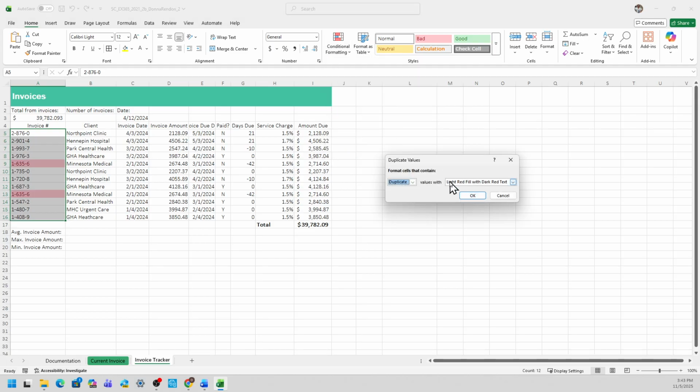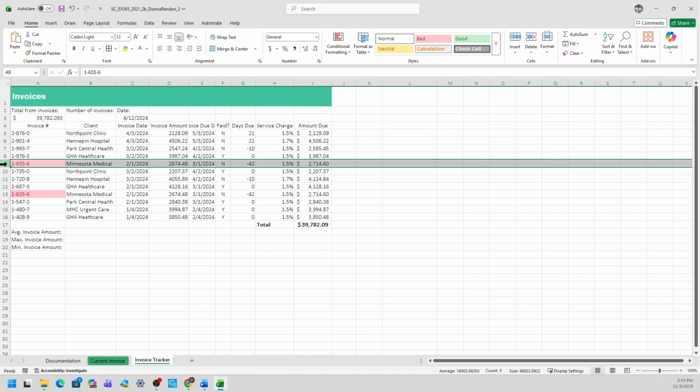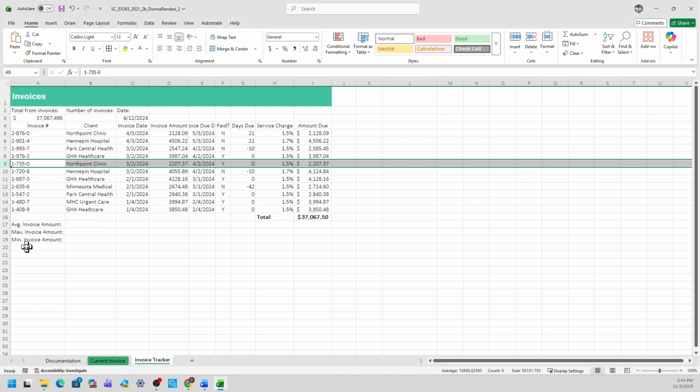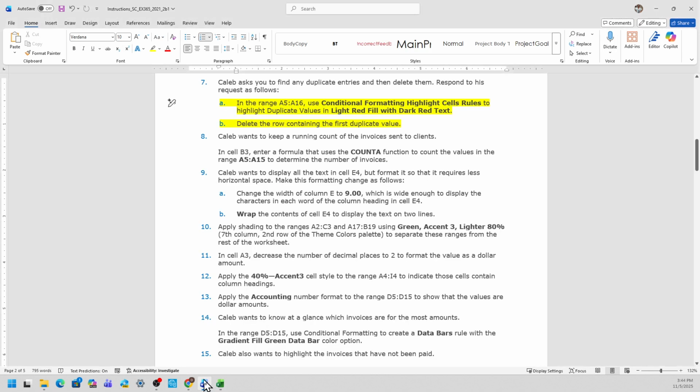And then make sure the values with light red fill with dark red text usually shows up with the first one because that's the top on the list. Okay, select OK. And then we're going to delete the row containing the first duplicate value, which is row 9. Select row 9, right-click, and select delete. Okay. And that is the step 7.